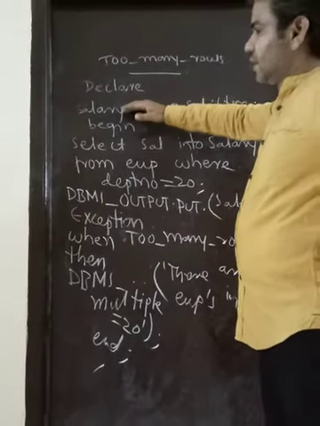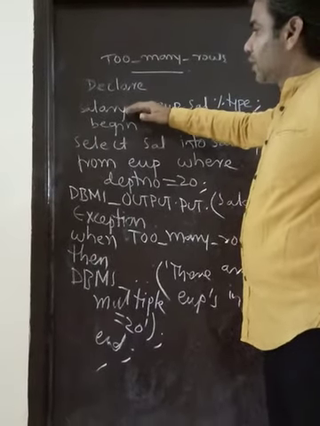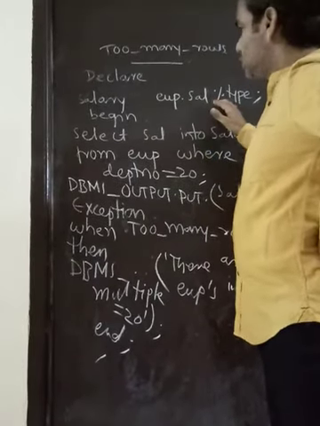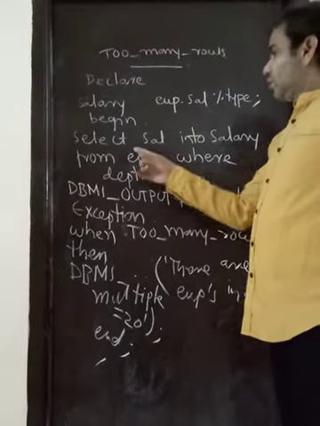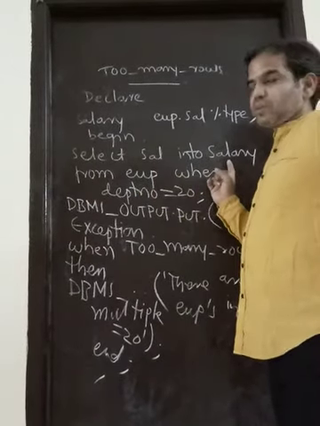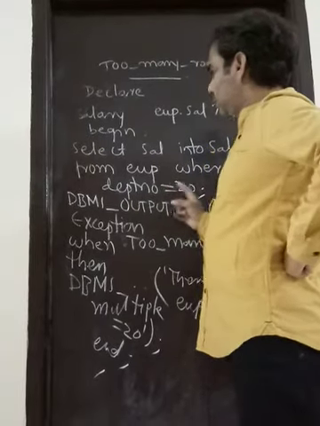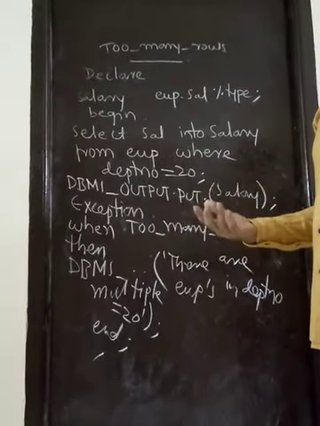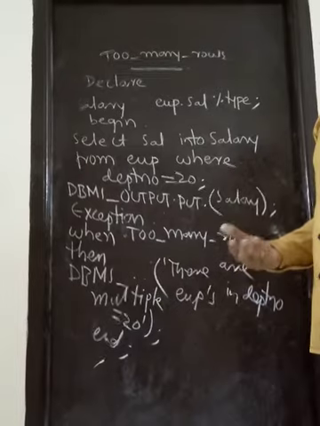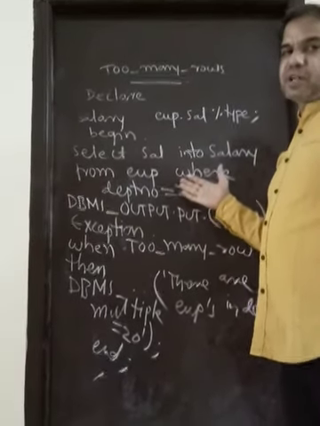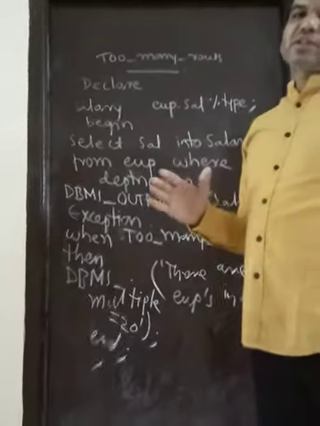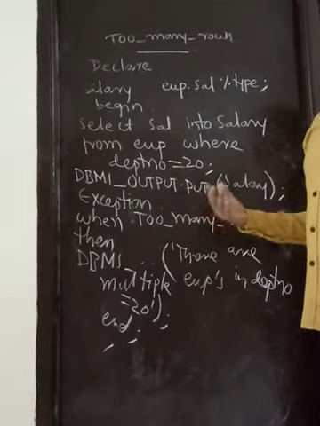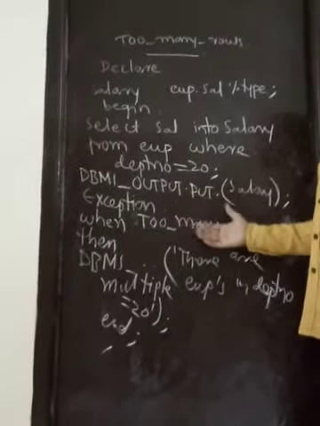First we declare salary as one of the variables. We are accessing the sal column structure of the employee table using %TYPE. Then begin. We select sal into salary from EMP where department number is equal to 20. Commonly in department number 20 there are multiple persons, and each person has one salary. So this query returns multiple rows, but without the cursor concept we can't access multiple rows of data. So automatically the runtime error will be raised, that is the TOO_MANY_ROWS exception.